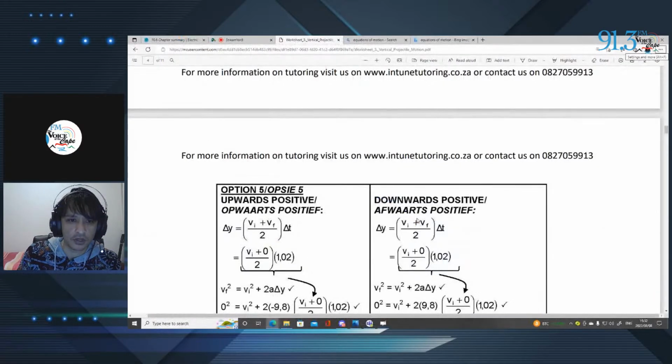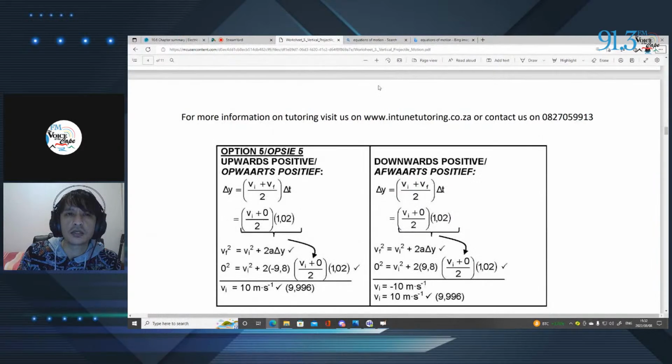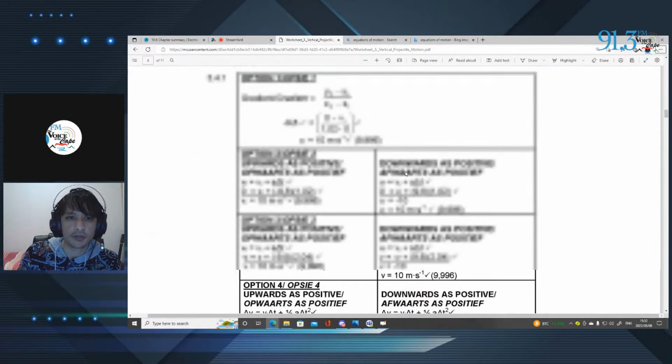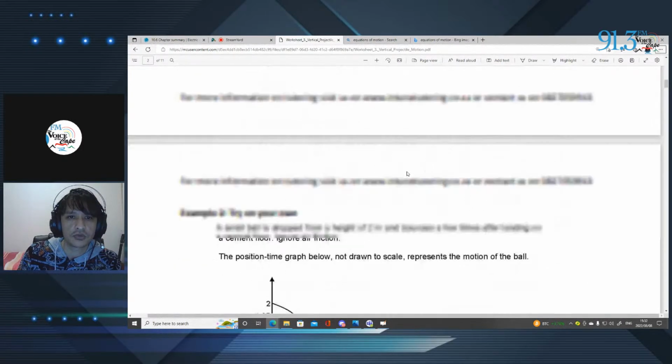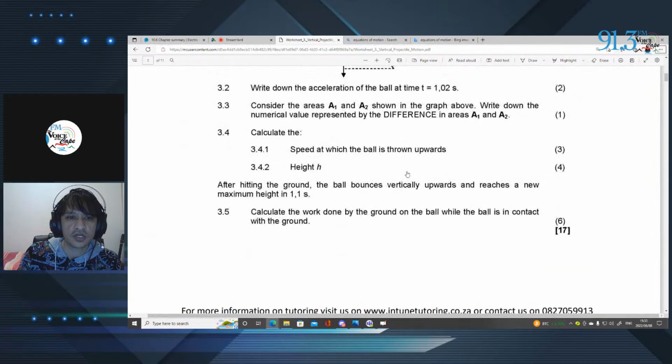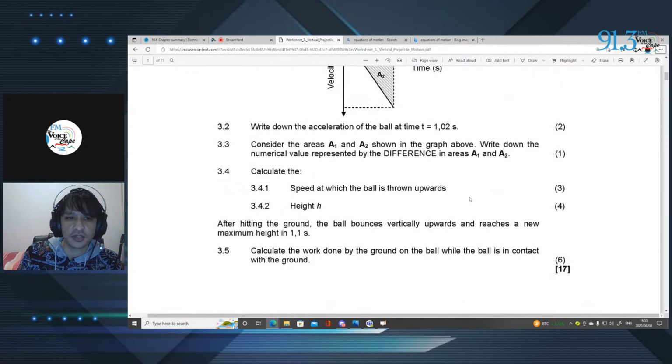Now, let us go to the next question. Let's go back up. So, okay, we calculated height. So the next question: after hitting the ground, the ball bounces vertically upwards and reaches a new maximum height in 1.1 seconds. Calculate the work done by the ground on the ball while the ball is in contact with the